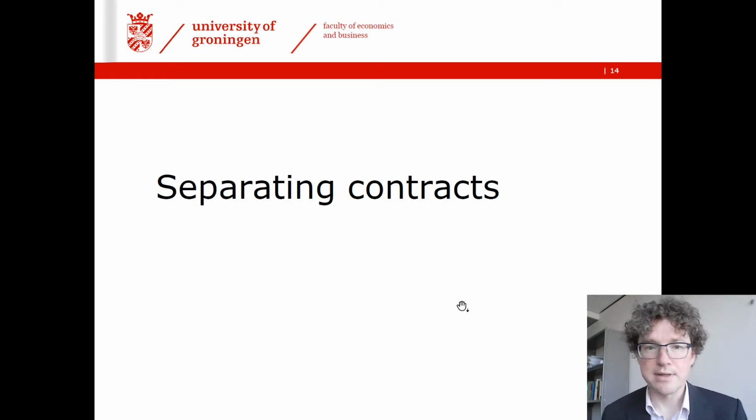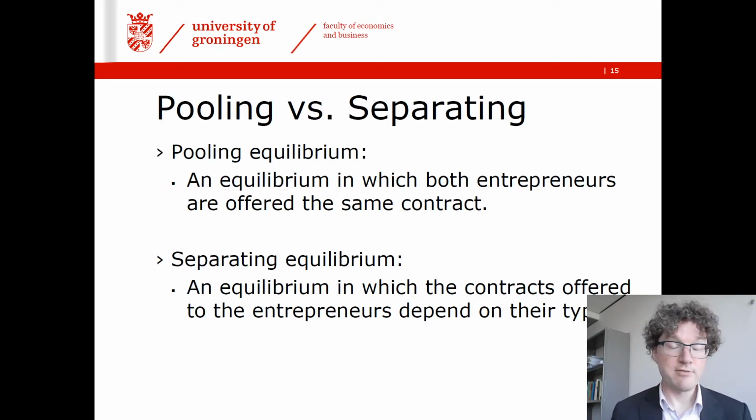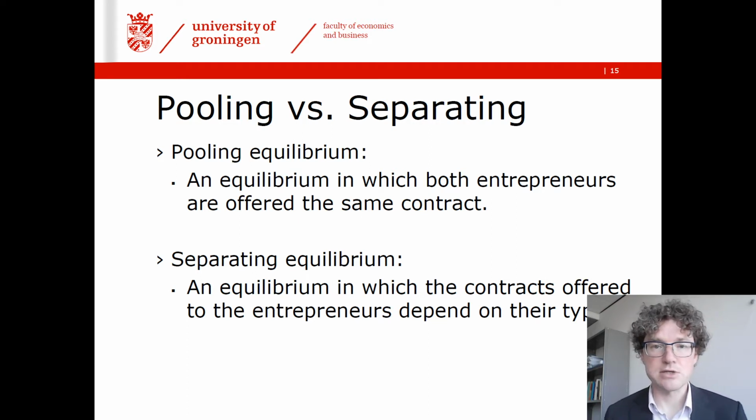So let's go to the next section, which will be about separating financing contracts. So what do we mean by that? Well, we have been looking at pooling so far. So we have considered pooling equilibrium, as it is called, which essentially was a financing situation in which both the good quality entrepreneur and the bad quality entrepreneur get the same contract, in the sense that they get the same decision about payoffs if they are successful, the same RB we had